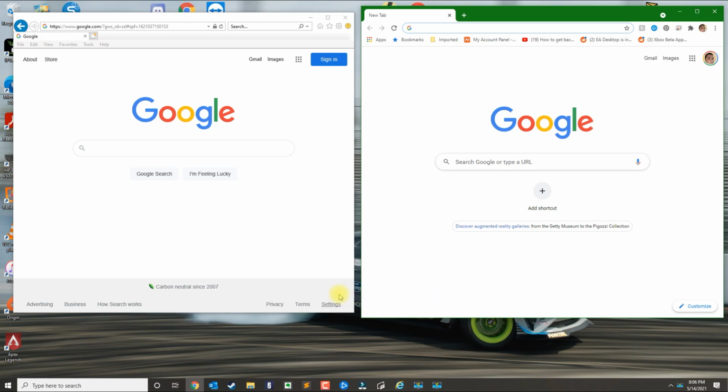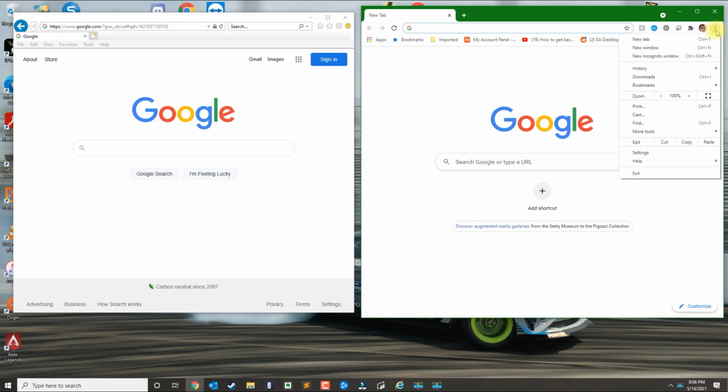In this video, I'm going to show you guys how to transfer bookmarks from Internet Explorer over to Google Chrome. One, if it's on the same computer, or two, if the bookmarks are going to a different computer. So the first way to transfer bookmarks from IE over to Chrome is actually opening Chrome and then click on